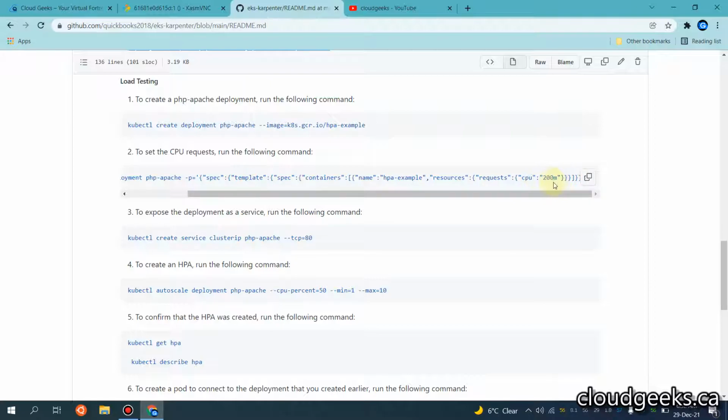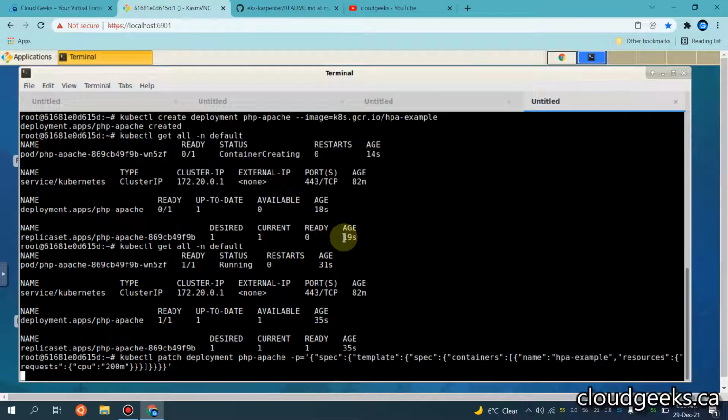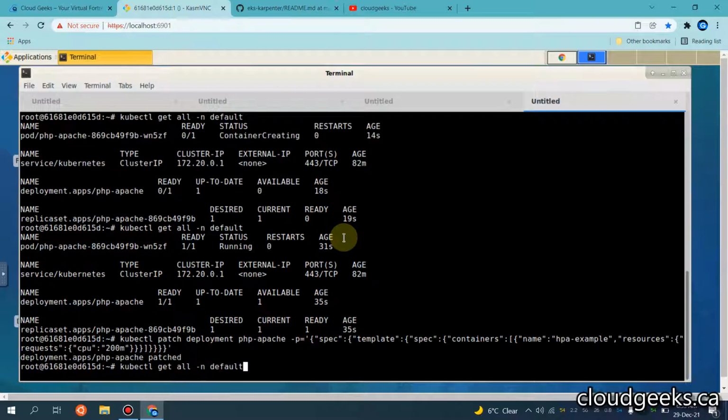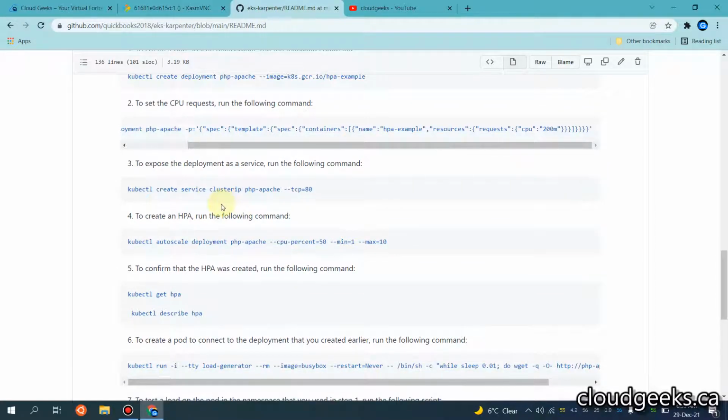So you see the CPU limit, it is going to limit to 200 millicores. The m is the unit for millicores, and the container name is this HPA example. So I'm going to simply copy this command and paste it here. It is going to patch that particular deployment which we have already done in the previous command, with this particular CPU limit, max CPU limits. Then I will be creating, in the third step,